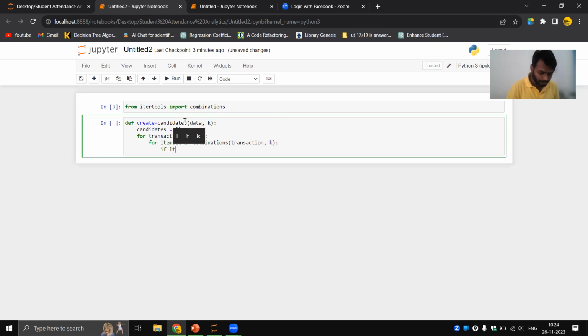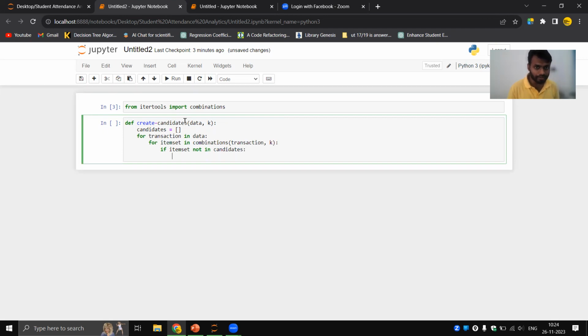Right? So now next point is: if item set not in candidates, then what will happen? Candidates dot append item set.